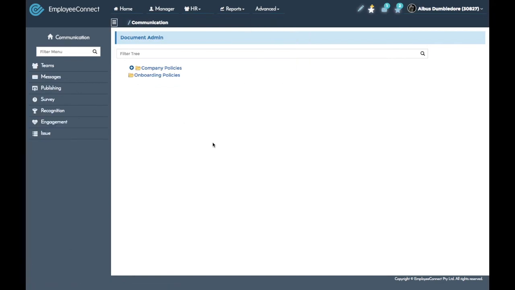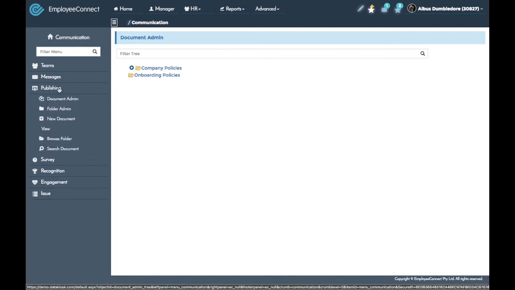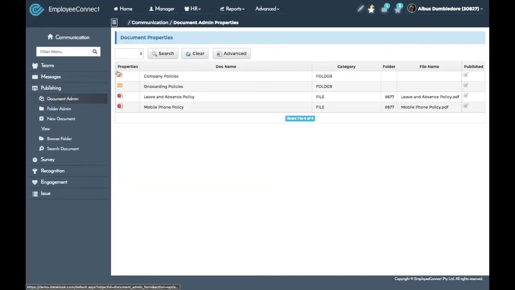If you need to make a change to a file or folder that you've already uploaded in EmployeeConnect, that's really easy too. Just navigate to the communication module and then go to publishing. But rather than going to new document, this time you'll need to navigate to either folder admin or document admin. In the properties column, click on either the file or folder that you need to make changes to,